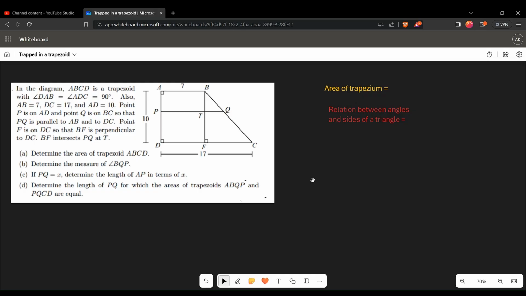Welcome to Mathics. Here we have picked a question of trapezium and it is a very easy question. Very basic results of trapezium are required. First I would like to do some things before entering into the problem. What is the area of trapezium? Area of trapezium is basically half into